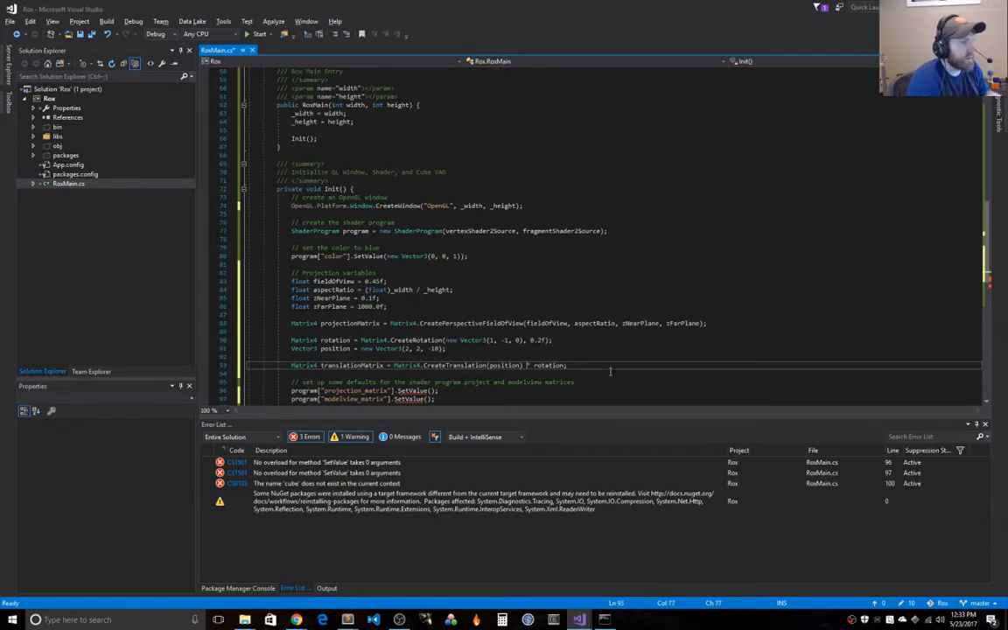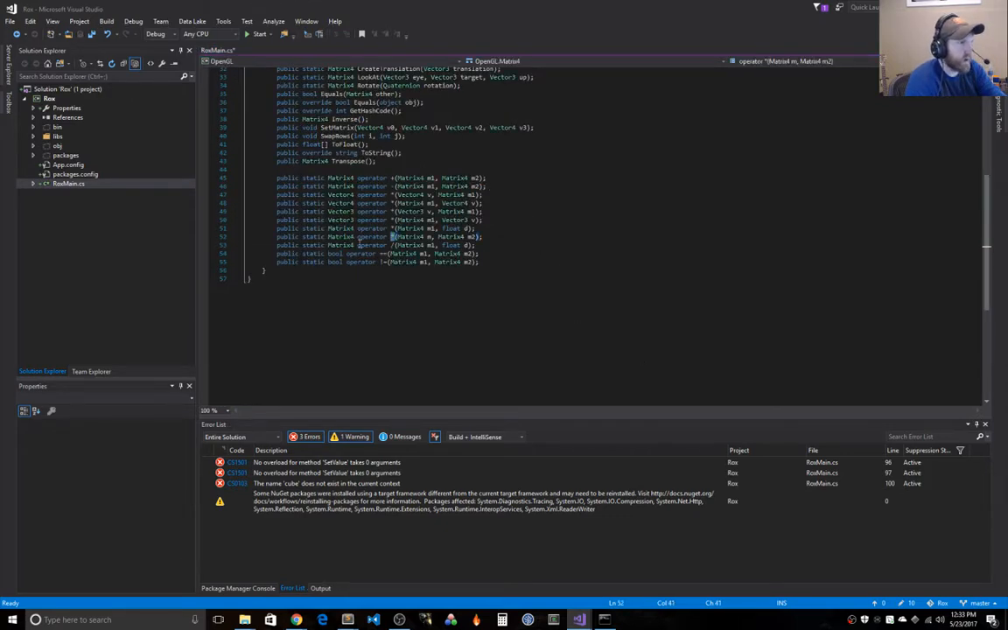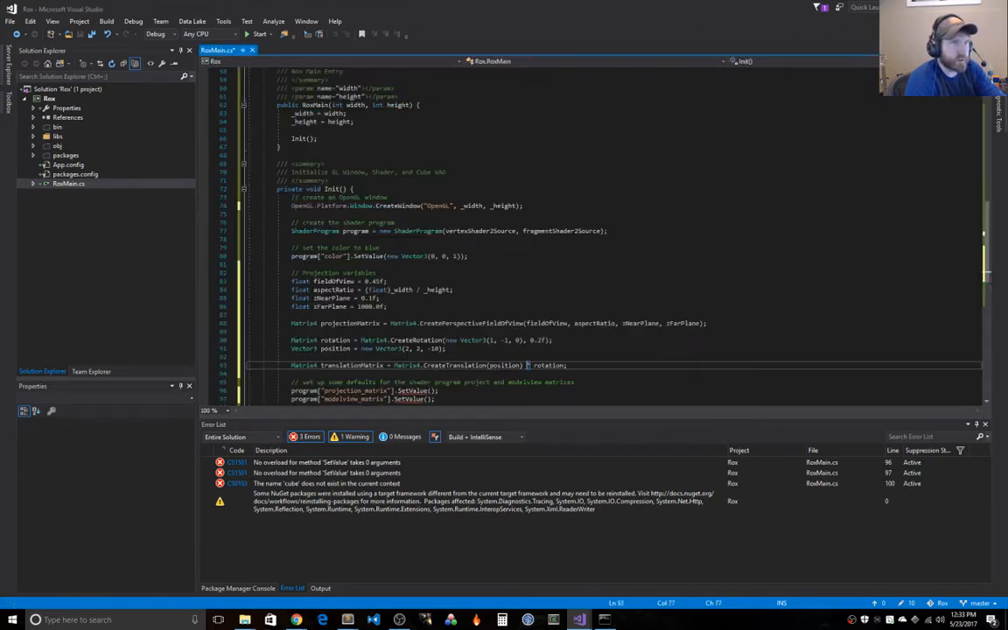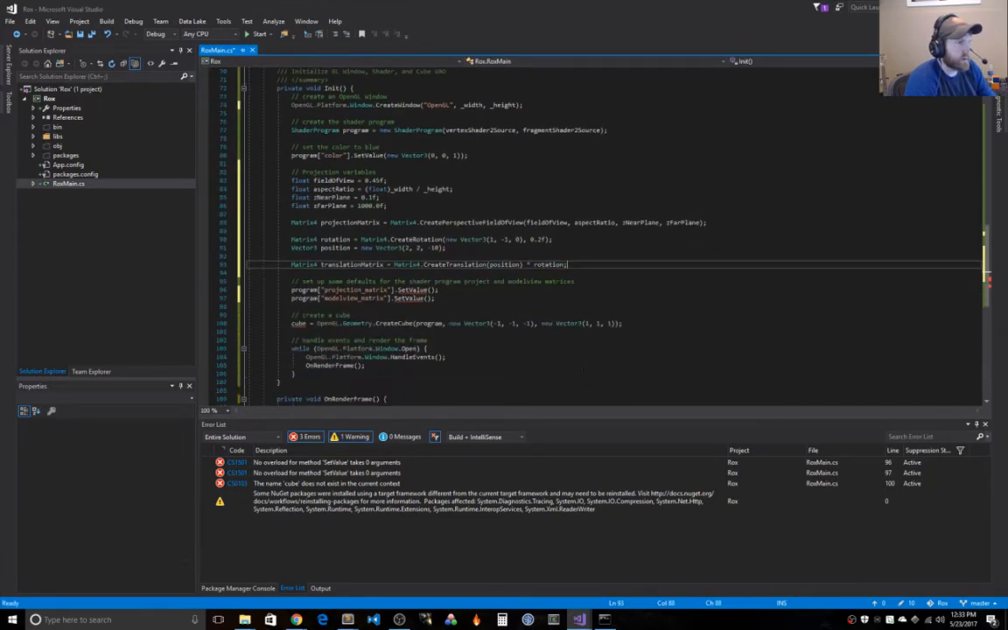So multiply, I'm sure here is an overloaded operator. You can see right there that's for multiplication. It's going to actually perform a matrix multiplication. And then here's